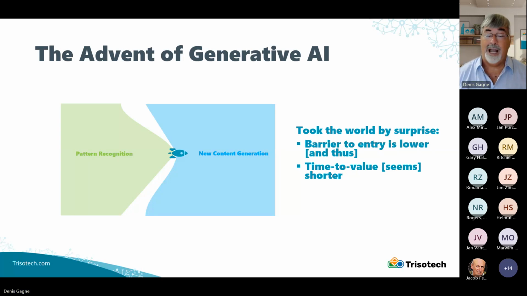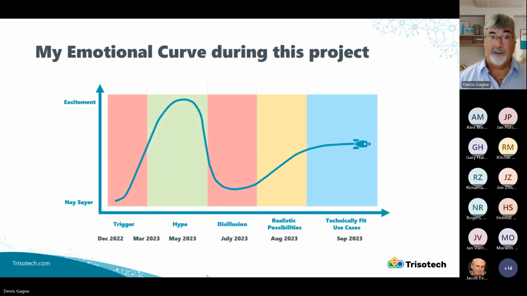And I guess what's bringing so much conversation is the fact that ChatGPT really lowered the barrier to entry. And with that barrier to entry, we seem to have a time to value that is much shorter. So it's very enticing. And as Gary just demoed, there is a lot of interest, and it seems like we can get to amazing things very quickly. But we have to look a little bit deeper to make sure that we're getting what we want.